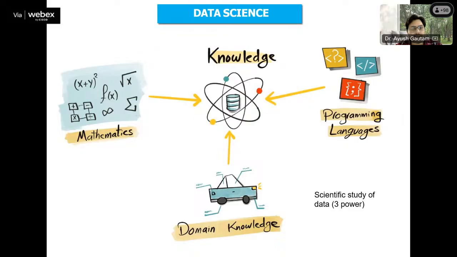So data science is an application. Those knowledges are called domain knowledge. I have domain knowledge of tourism. You have domain knowledge of engineering. So you can apply data science there. Now, combining this domain knowledge with some advanced mathematics tools and programming languages, by combining all of these three aspects, if we look at the data and predict the future, that is called data science. So data science has three inputs: advanced mathematics, some programming languages, and most importantly, the domain knowledge.